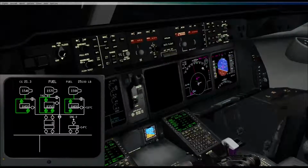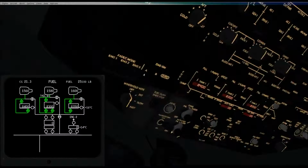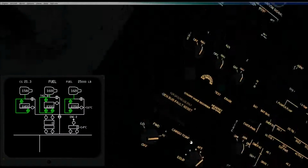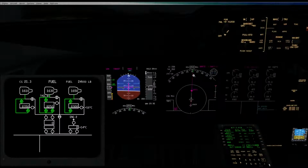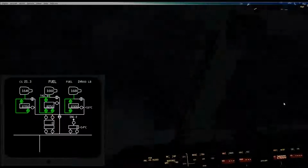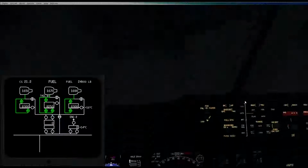So overall, fun aircraft to fly. Very different, in my opinion, than the Boeing. I took my beacon off. That's smart. But a lot of fun. So there she is, dark overhead, I'm happy. Flight management, altitude set. Everybody's good here. I didn't get it all programmed right, so I, that's okay. So there you go. The PMDG